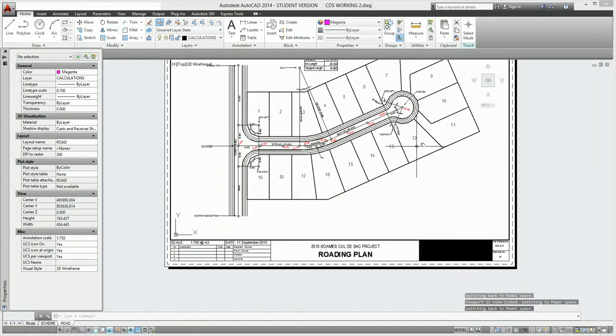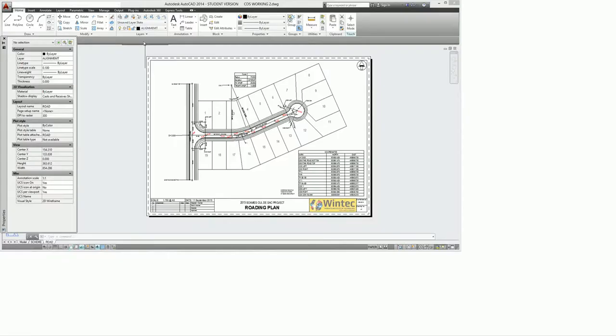There's a few things to add to the roading plan, so I'm just going to pause for now, and then I'll come back. Okay, I'm back,